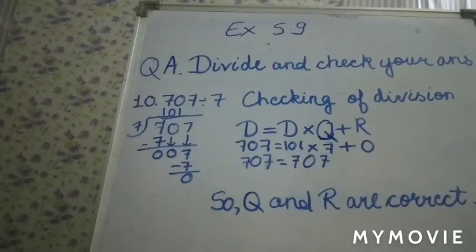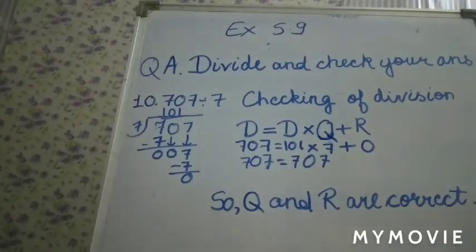Now the 10th one is 707 divided by 7. Here the 3 digit number 707 will be divided by the 1 digit number 7. So here you can see that in 707 the first digit 7 is equal to 7. So we will take 1 time. 7 ones are 7. Then 7 minus 7 will be 0. Then next digit is 0. So take 0. 7 zeros are 0. Then next digit is 7. Then again 7 ones are 7. Then 7 minus 7 will be 0. Now here quotient is 101.